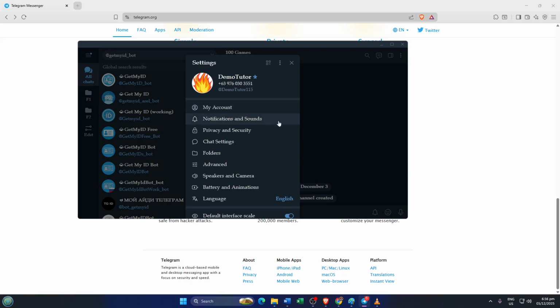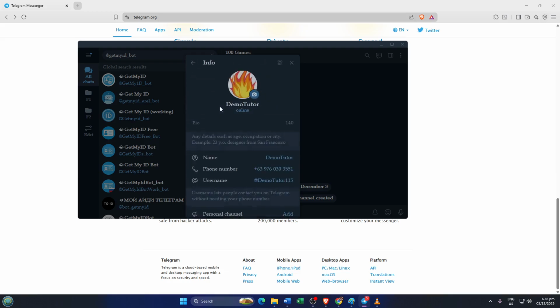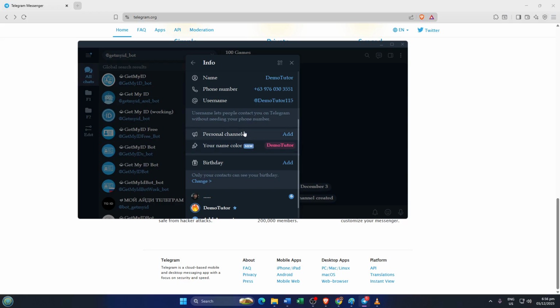Once you're there, you'll see your profile at the top. Go ahead and tap or click on your profile section. Here, you should see your username or handle clearly listed, starting with an @. This is what people use to find you. If you haven't set one yet, you'll see an option to add a username. Feel free to choose something memorable and easy to spell, because this is how you'll be identified and contacted by